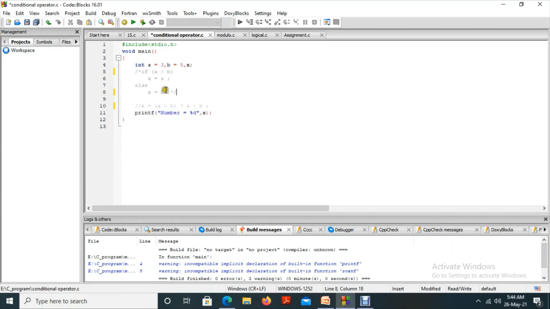So up to that statement it is hidden from the compiler. If you want to hide a particular statement, then this is a symbol. So if you want to hide, just give double forward slash to hide the statement. Okay, our concept is we are going to discuss about the